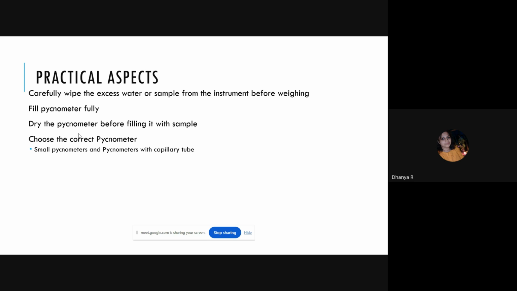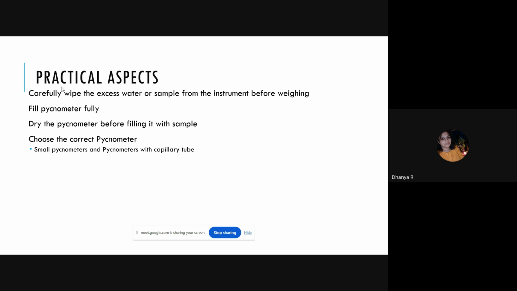तो पिक्नोमीटर में कैसे है, आपको एकदम रिम तक पानी या सैंपल भरना है एंड उसके बाद उसके जो स्टॉपर है उसको लगाना चाहिए। So filling pycnometer fully, that should also be done. Dry the pycnometer before filling it with sample. एक बार पानी भरा, वो निकालने के बाद अच्छे से ड्राई करने के बाद ही सैंपल आप भरिए।